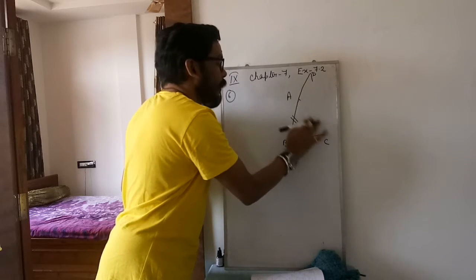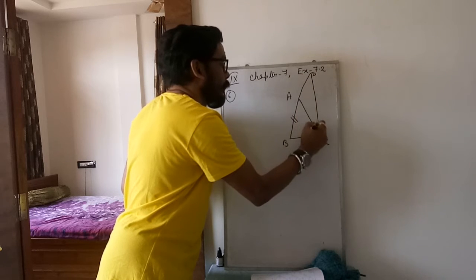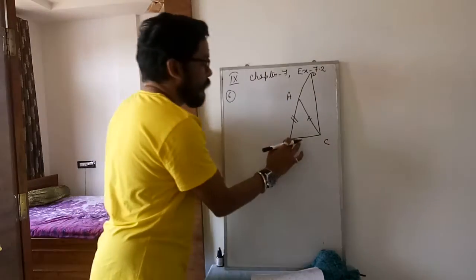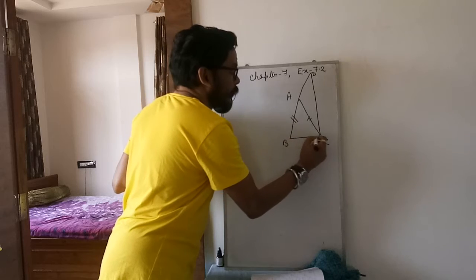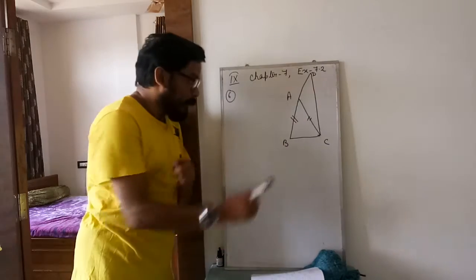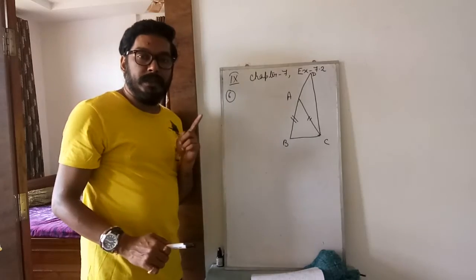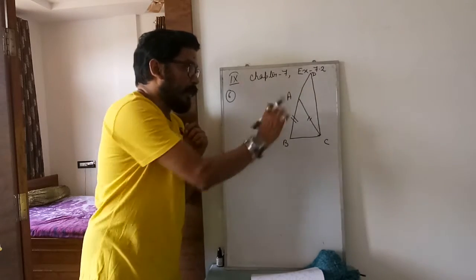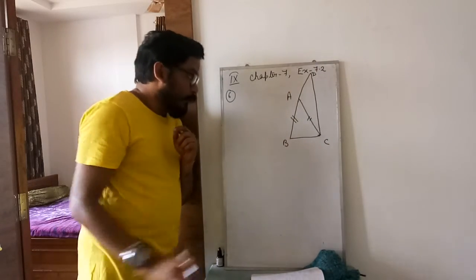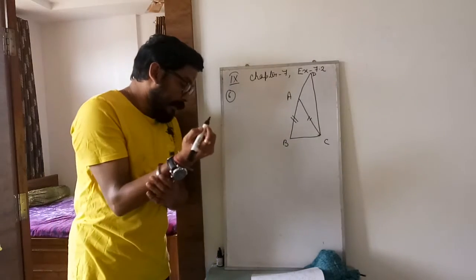Okay, let me draw it straight. Then I have to show BCD is 90 degrees. So the given part, this is the diagram. I repeat again: ABC is an isosceles triangle in which AB equal to AC, and they have given BA. They did not say AB, they have said BA. So BA is produced to D such that AB equal to AD. Again, this AB and AD are equal. And if you show BCD, this angle is 90 degrees. So the given part you will write as it is from the book.